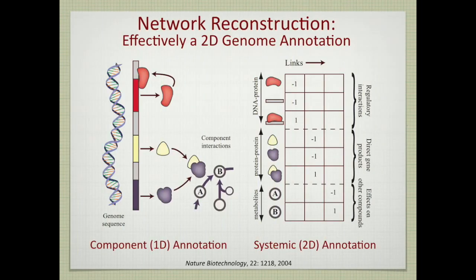So what underlies that process is the network reconstruction that I'm going to foreshadow here just a little bit. We are all familiar with a list of gene functions on an annotated genome, which is a list. If you think like a computer scientist, it's a one-dimensional object. It's just a list of names. Could be ordered based on the genomic location, but it's a one-dimensional object.